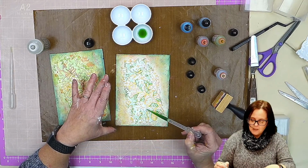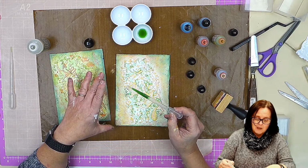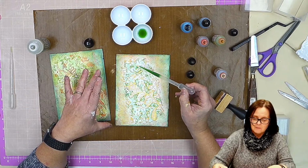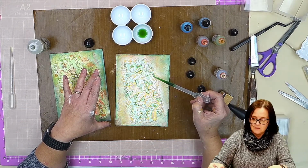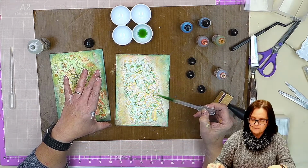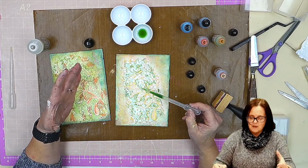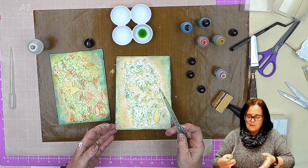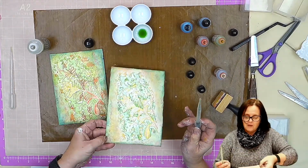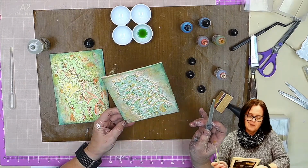Which I probably couldn't do with an ink or even a spray, because I wouldn't be able to control it anywhere near as much. So I'm quite liking this. Now, what I think I might do is... see, this is trouble. I just go, let's keep going. I'm liking it. Remember, it will run. So wherever you put it, if it's got somewhere it can move, until the alcohol evaporates, it will just run